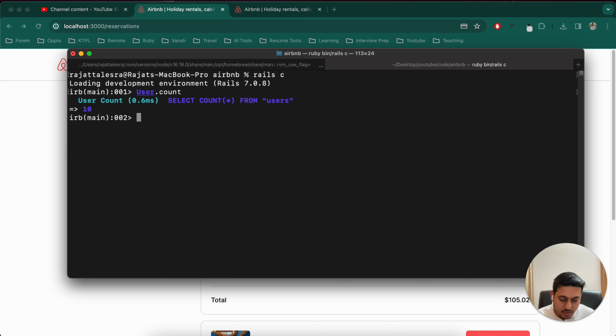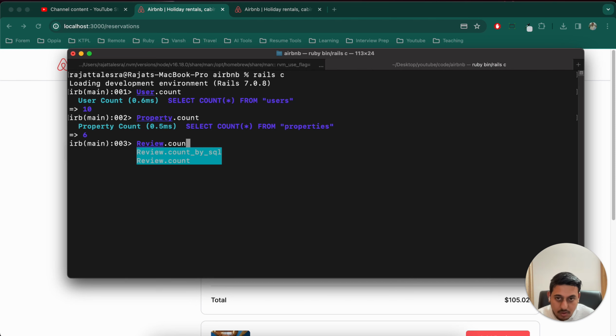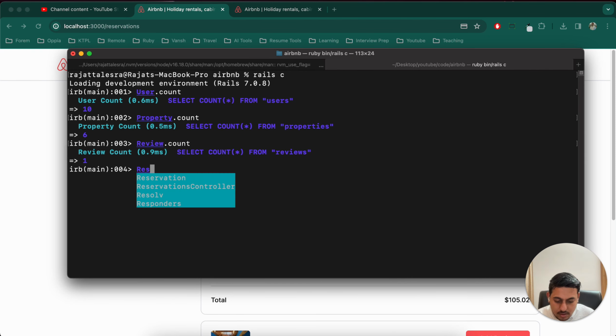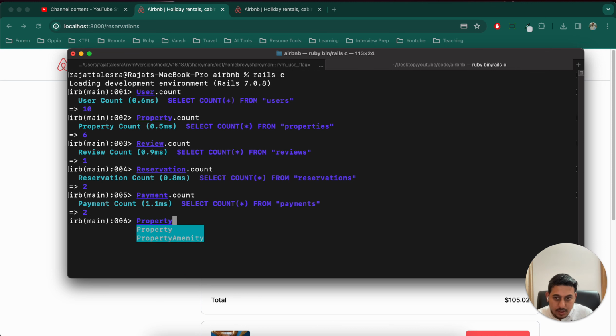There are 10 users. Okay, property dot count 6, review dot count 1, reservation dot count 2, then payment dot count should also be 2, property amenity dot count 114. Okay, and